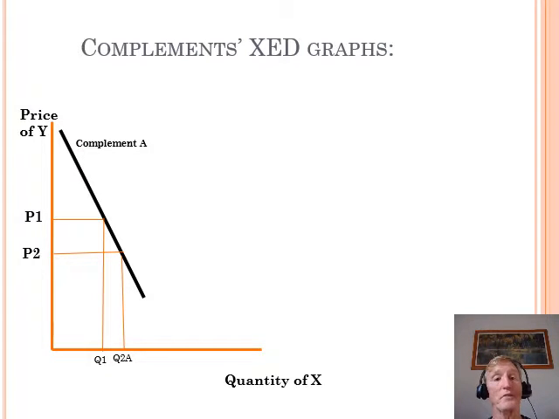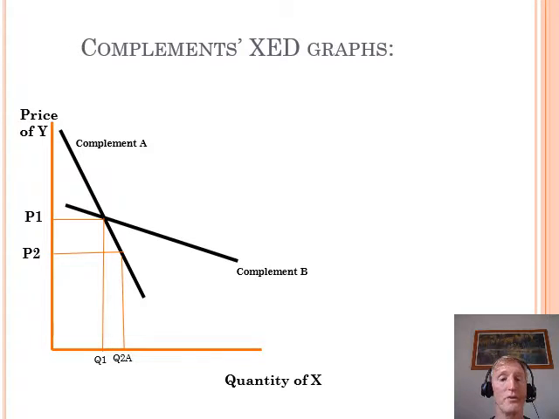And now replacement staples will experience a greater quantity, and that's the quantity of X, even though the price has not changed for staples, but the replacements will change in quantity and increase. So they go together in the way that the quantities are changing. Because price and quantity are an inverse relationship for demand, the price and quantity of a complement good is also a negative relationship. And in the case of